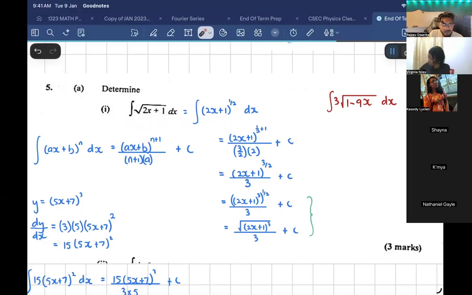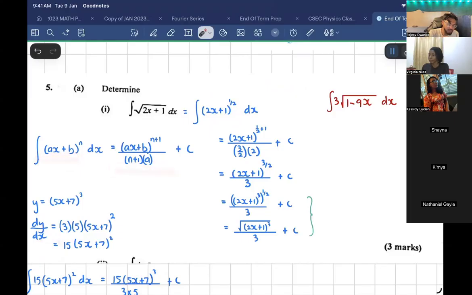What does square root mean? I don't know how to define it. What's another way of writing the square root? Instead of writing this, what's another way of meaning the same thing? Well, to the power of a half. Yeah, that's it. To the power of a half. Now the reason why I wrote it in this form is so that I could utilize this